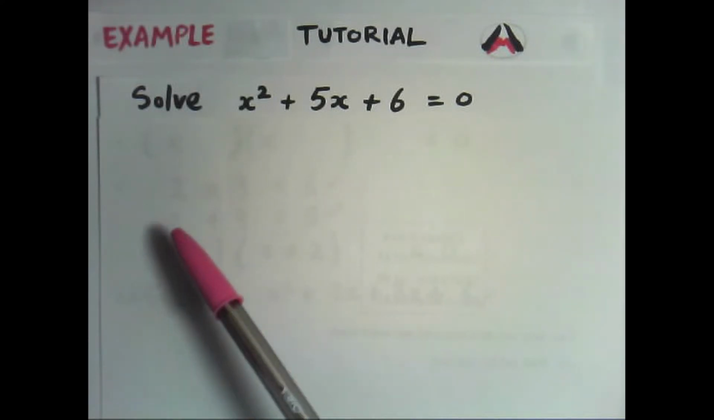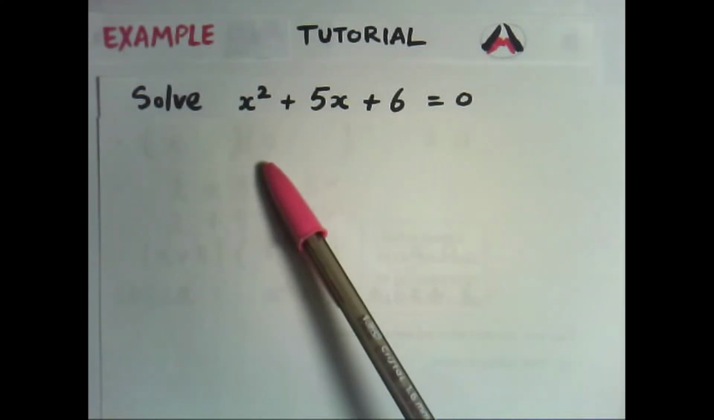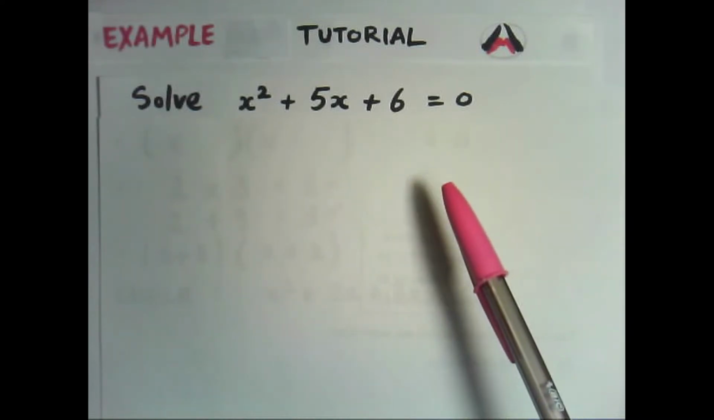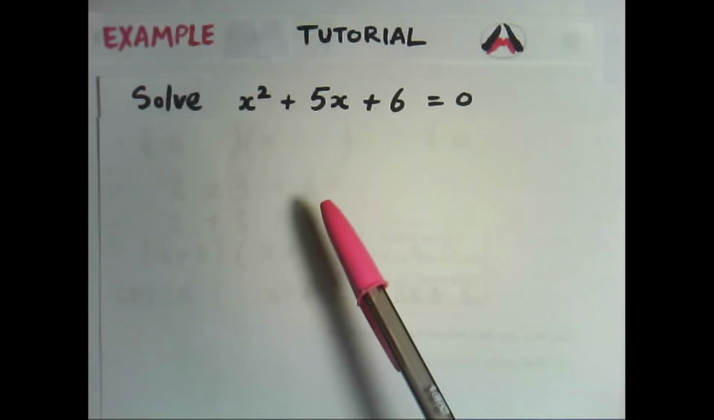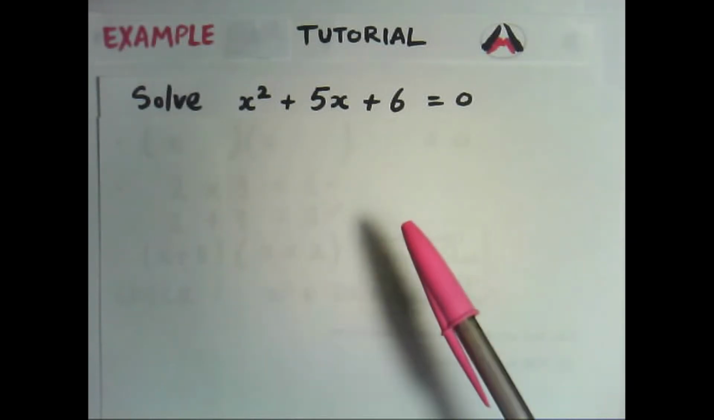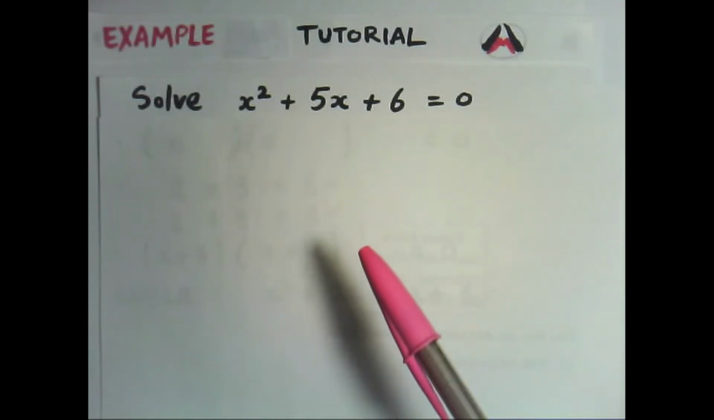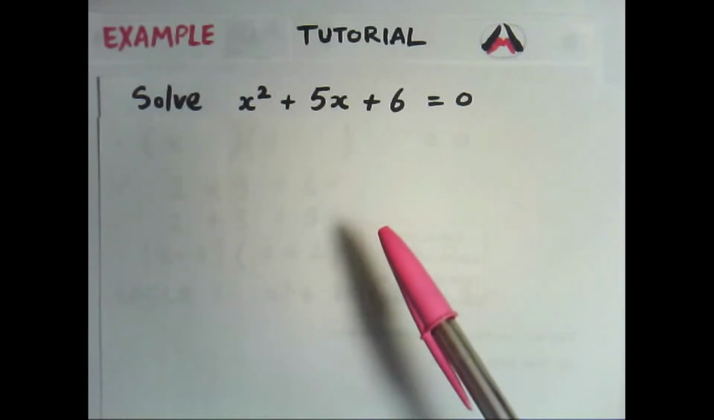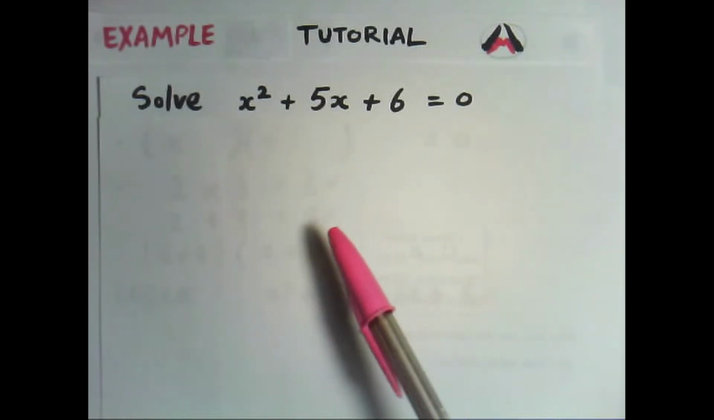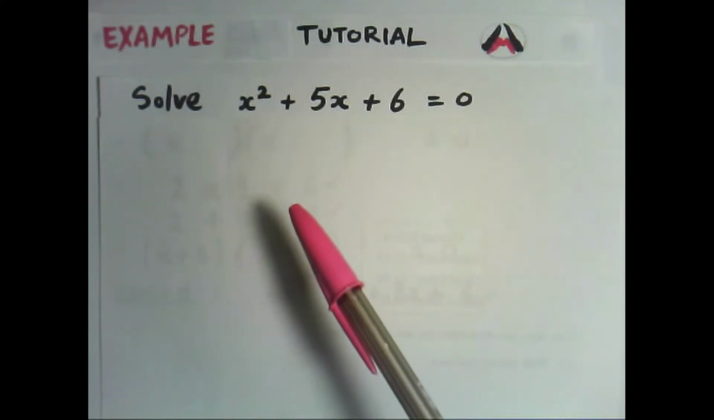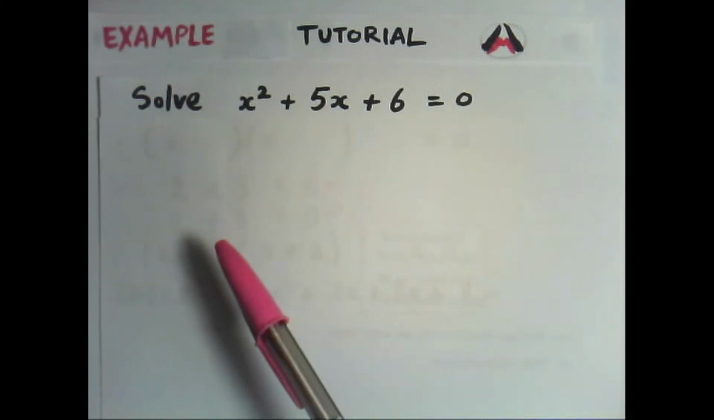In this question, we're asked to solve the quadratic equation x squared plus 5x plus 6 equals 0. One of the methods we could use to try to solve this quadratic equation is factorization, if possible. That means putting this equation in the form of double brackets. When we use double brackets, we want to think of two terms that when we multiply them will